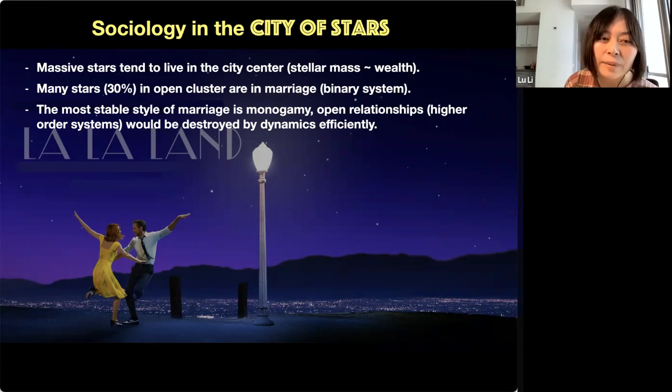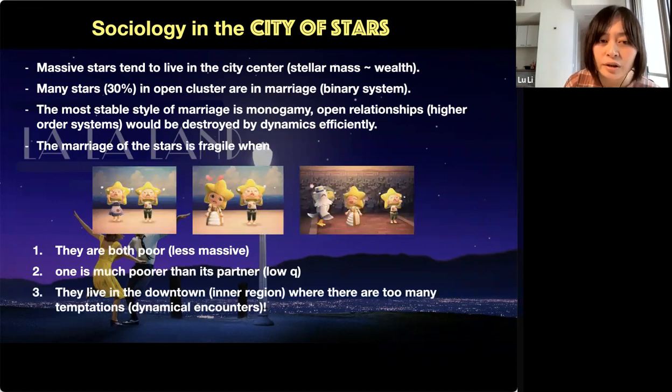And many stars, about 30% of the stars in open clusters, are in marriage. They are in binary systems. The most stable style of the marriage of the stars is monogamy. Open relations, we say the higher order systems, will be destroyed by the dynamics efficiently. The marriage of the stars is fragile when they're both poor. That means they're both less massive. And if one star is much poorer than its partner, that means their mass ratio is very low,